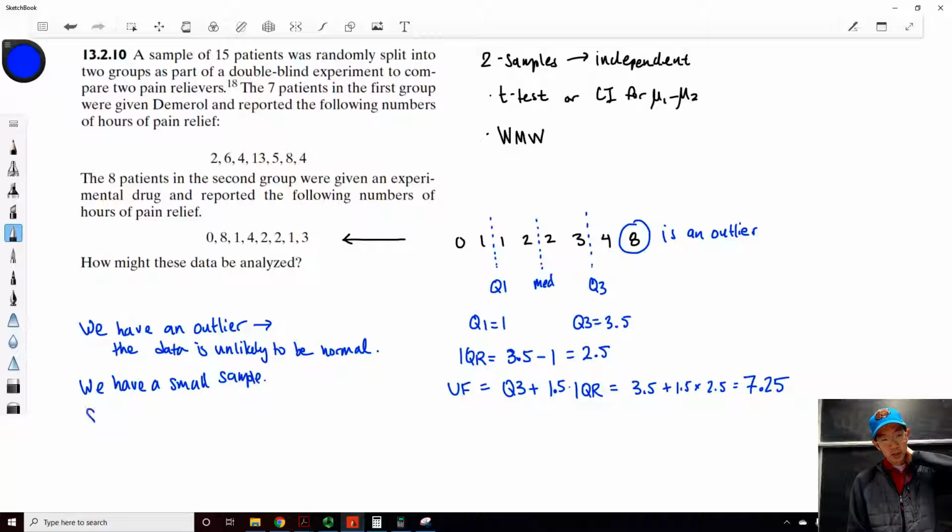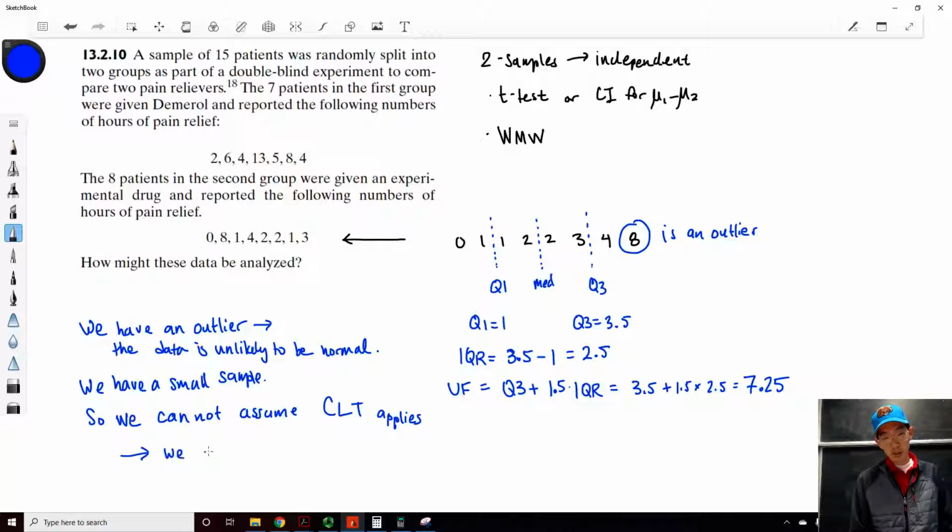So we cannot assume the CLT applies, and that means we should use